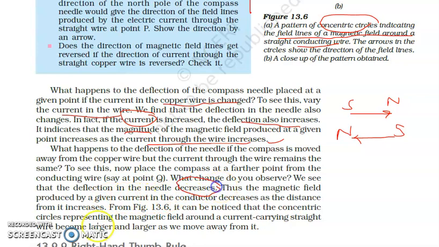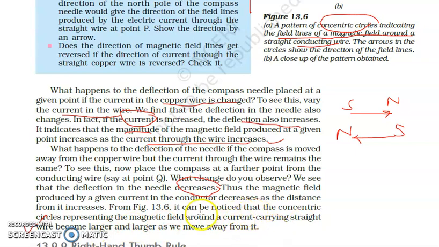Means the conclusion which we are trying to draw from this topic is, whenever we place the magnetic needle in a region where the magnetic field is strong, the deflection would be strong, and if we place that magnetic needle in a region where the magnetic field is weak, मतलब अगर हम उसको कंडक्टर से दूर रख देंगे, which means that उसके पास उस वाले region में magnetic field weak हो जाएगा, and in case of a weaker magnetic field, of course the deflection of that particular magnetic compass will be reduced to a greater extent.